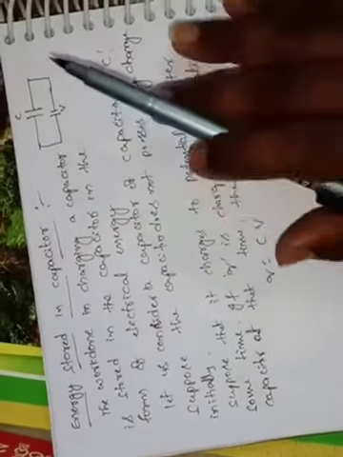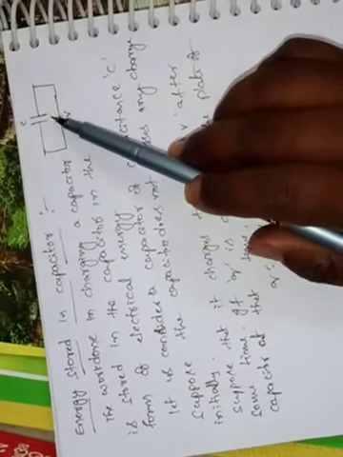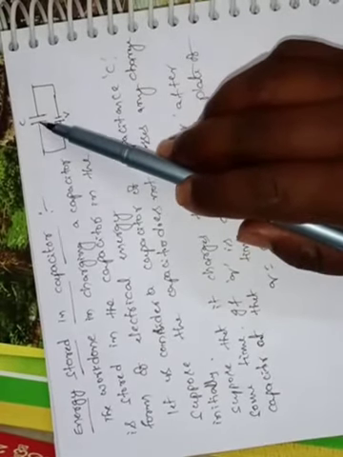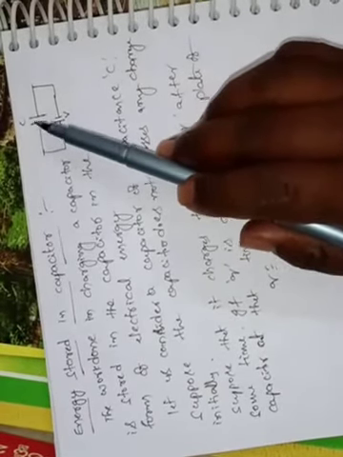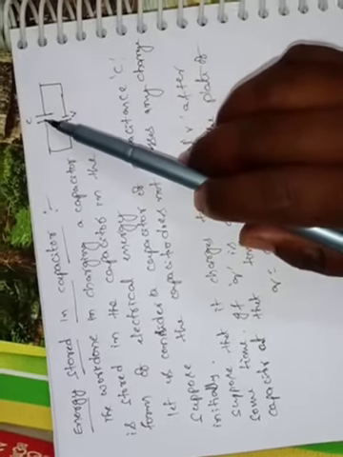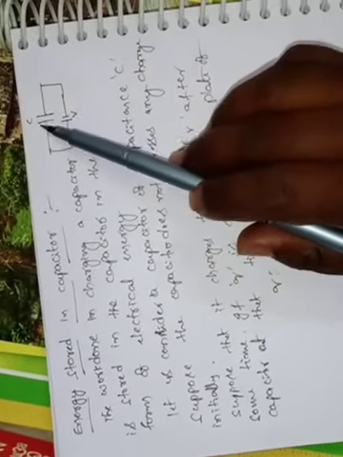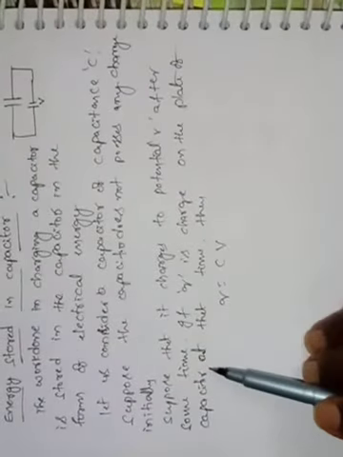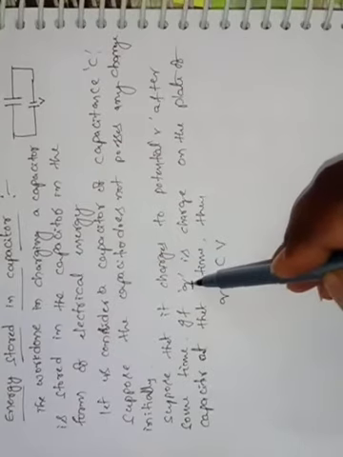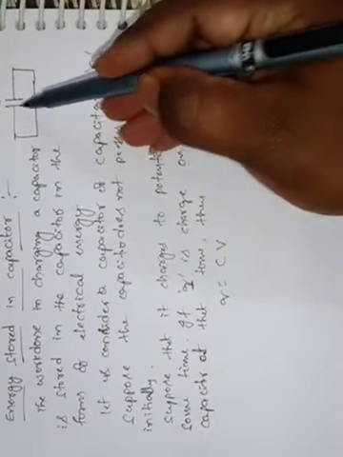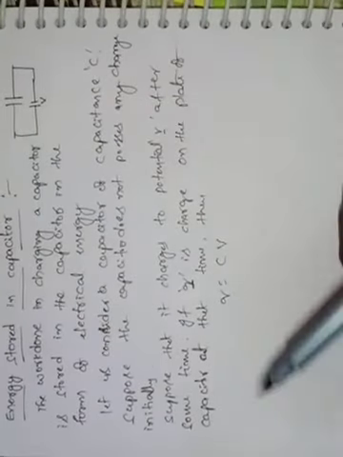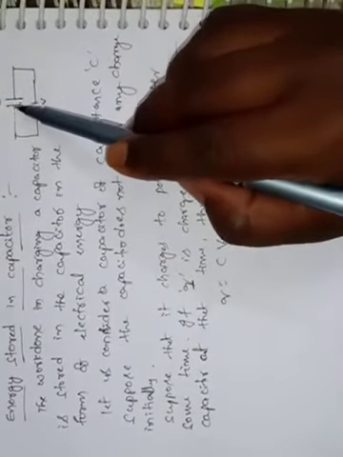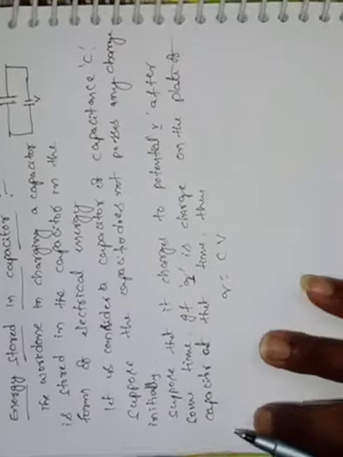Here the capacitor is charging. At a certain time interval, let a small amount of charge be supplied to this capacitor. That charge is Q. At that time the charge is already in the capacitor, and the potential difference is V. Further, some more charge is supplied to this capacitor by this battery. That amount of charge I will take as dq.